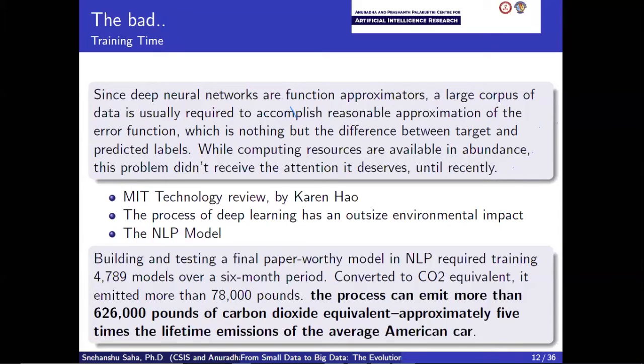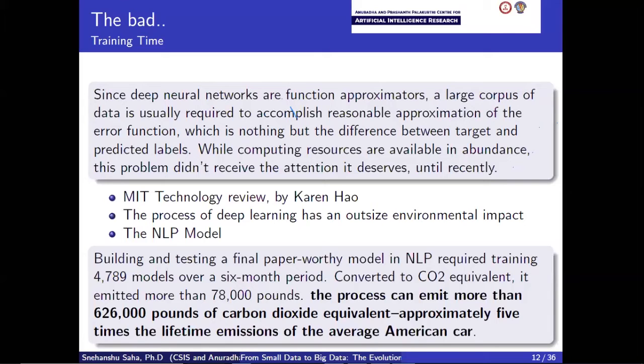Now, the way deep learning really works, basically this is really a function approximator network. You are trying to infer a function from your large number of hidden layers and the connected components of neurons and so on, right? And you want to do it in such a way that the distance between what you're predicting and what your target is, is really, really small. So this is really an optimization problem. I'll come to that in a bit.